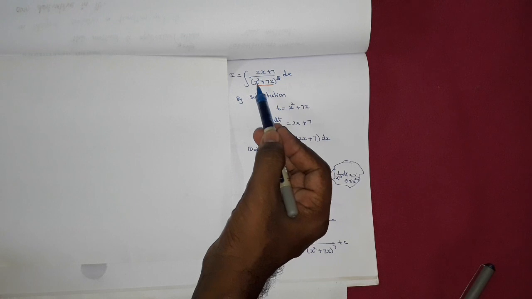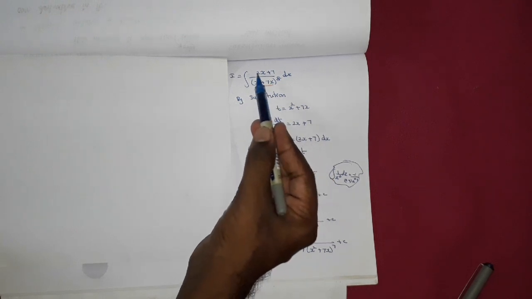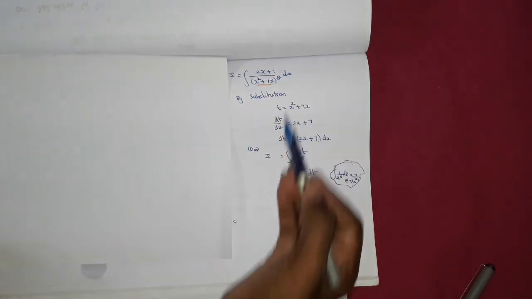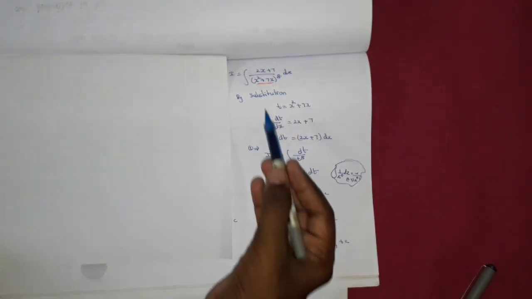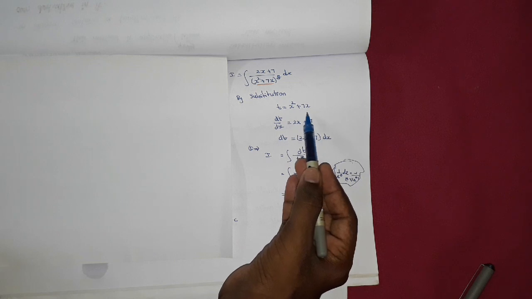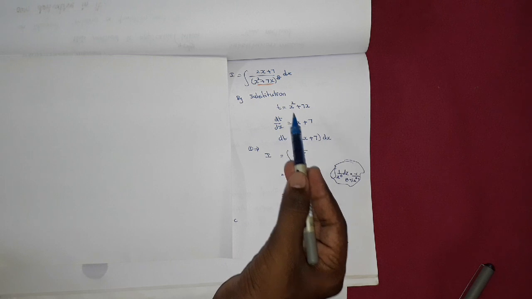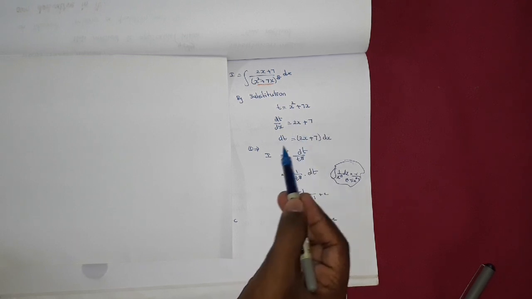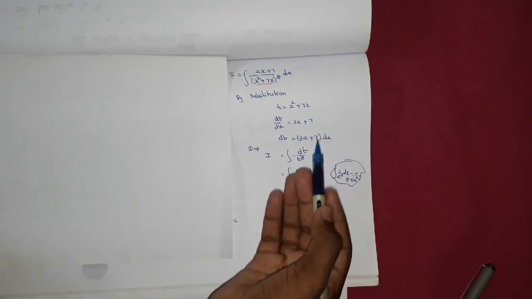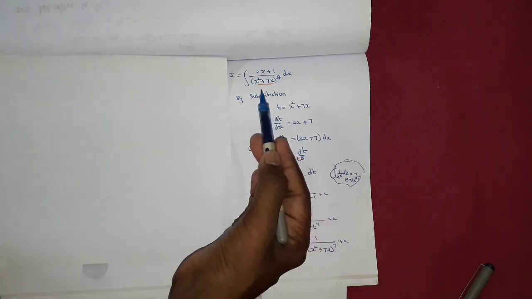Let's see. Okay, just focus only on the inner part of this. Now x square when you differentiate, what is the answer? 2x we have. Then 7x when you differentiate what? 7, and that is also there in the numerator. So you take this as your function t. So t equal to x square plus 7x. Right. When you differentiate it, you get dt by dx equal to 2x plus 7 on the other side. Take dx to the other side. So dt equal to 2x plus 7 into dx. Now let's substitute these values. Instead of x square plus 7x, I can put t in the given integral.